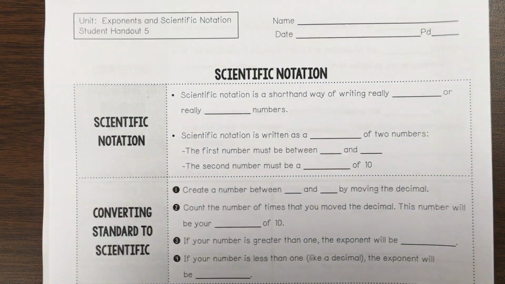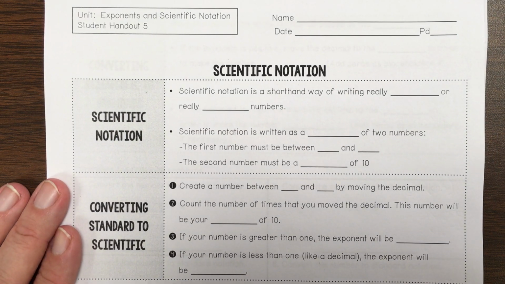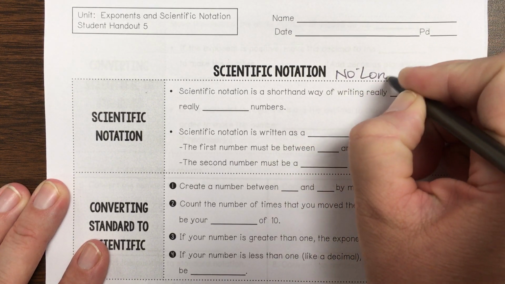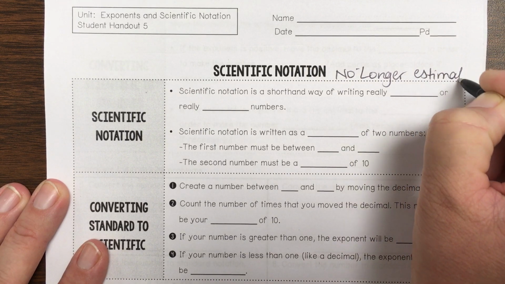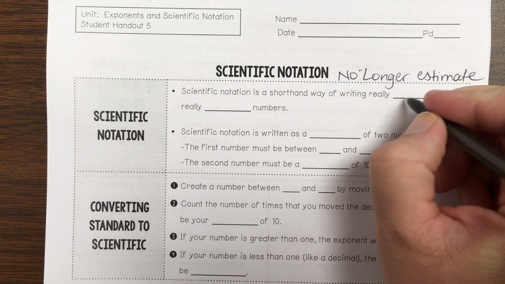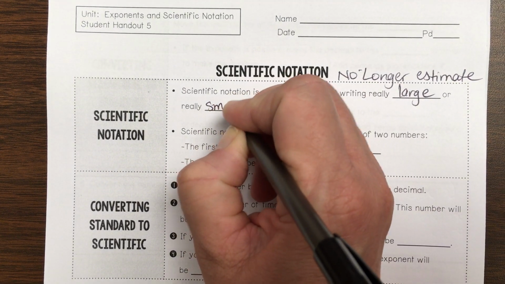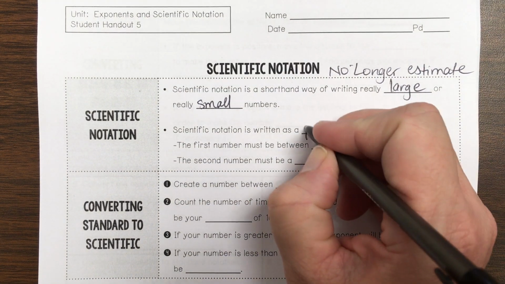However, the next lesson is scientific notation. And in scientific notation, we no longer estimate. Okay, so scientific notation is a shorthand way of writing really large or really small numbers. Scientific notation is written as a product